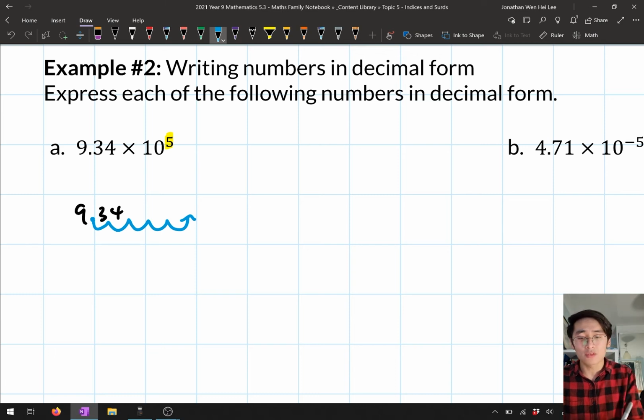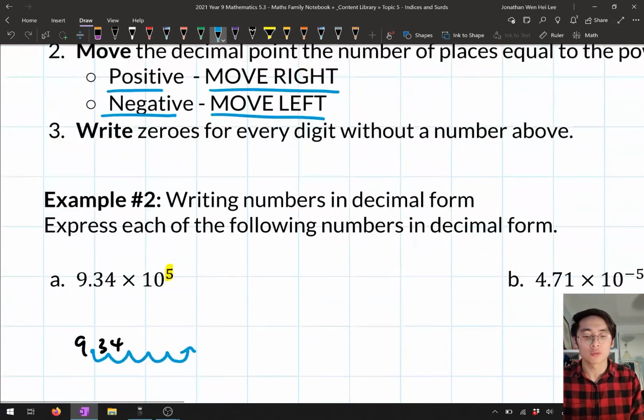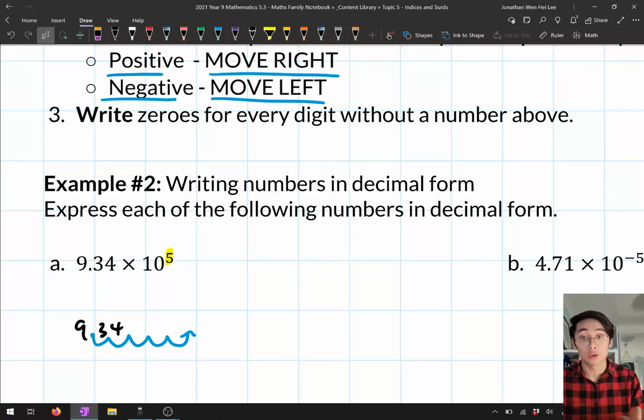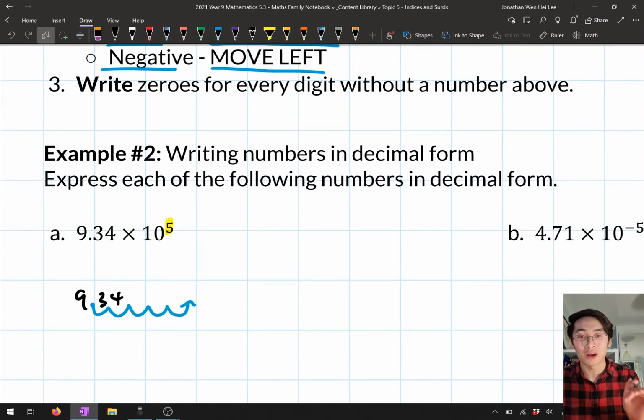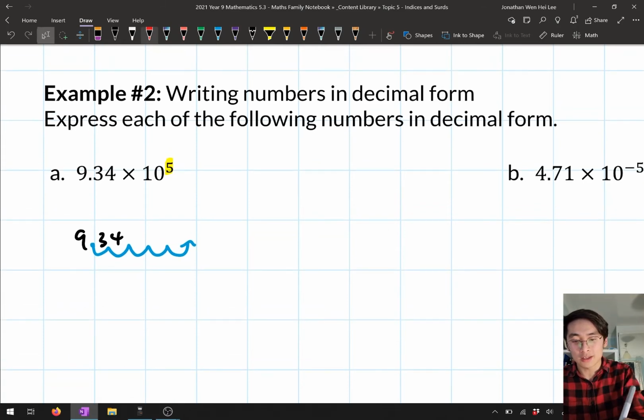Now notice there's a whole bunch of these loops that don't have any digits above them. So what I've written here is if I see one of those loops without a number above it, I just need to put a 0. So what this means is I need to go, okay, this is 0, 0, 0, 0. And so the final number just becomes